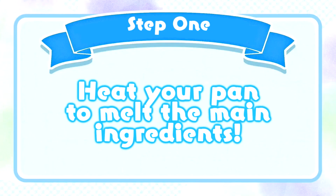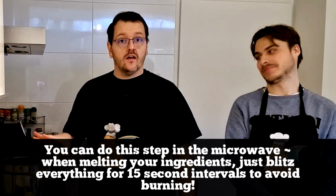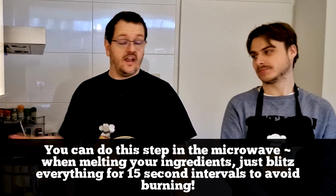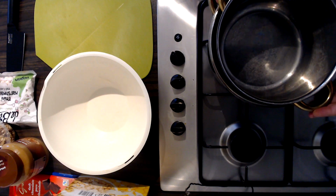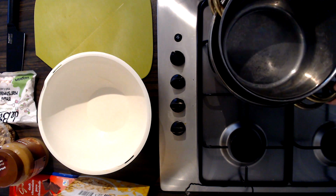So, what you need to do first is you need a double boiler, which is where if you've got a metal or glass heat-proof bowl, you can put a pot of boiling water and then use that on top. We don't have one, so what I've done is put a smaller saucepan inside a bigger saucepan. This is sort of adaptable because I've made some little changes myself, and it depends on the availability of certain